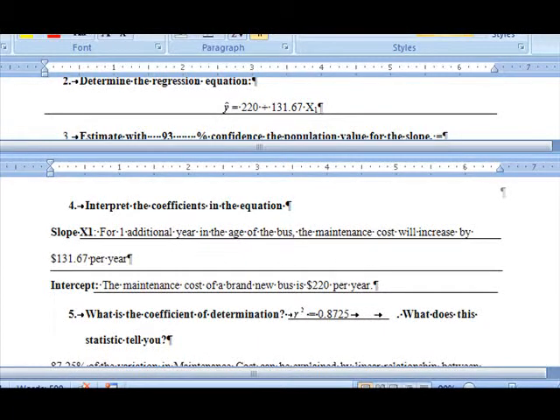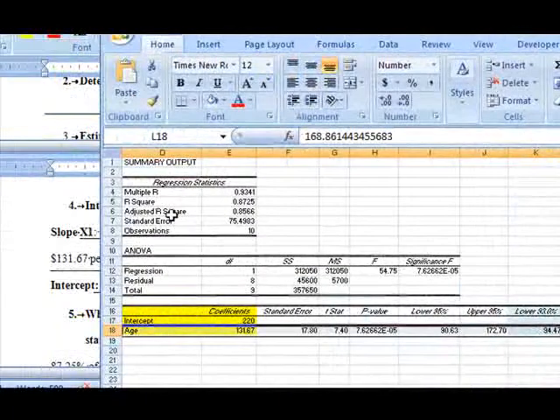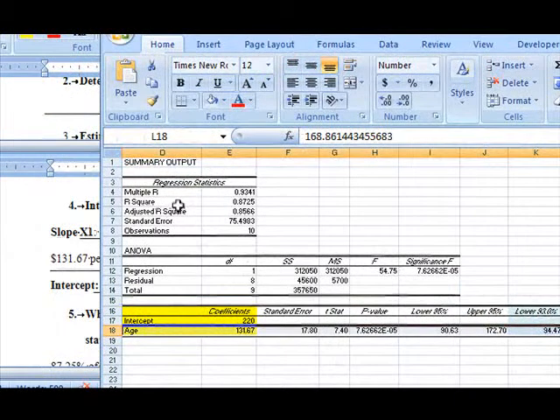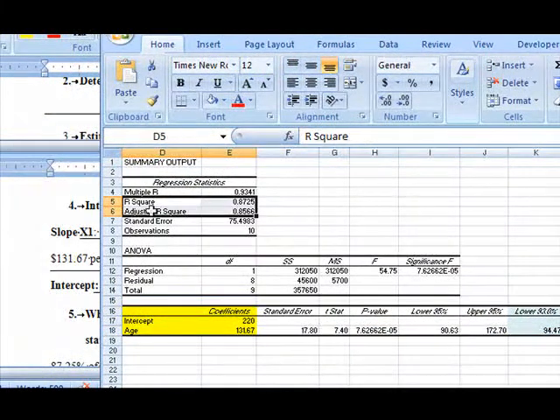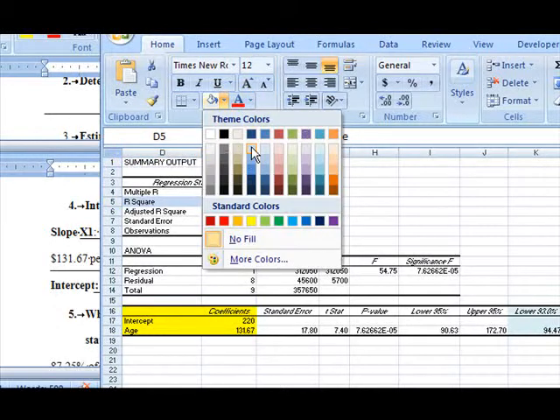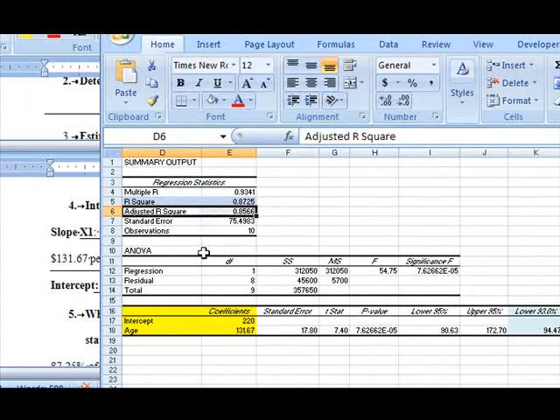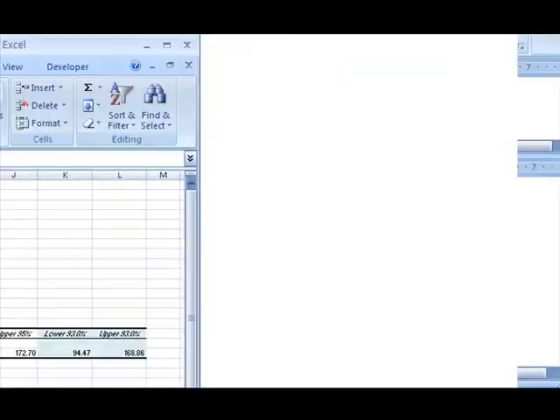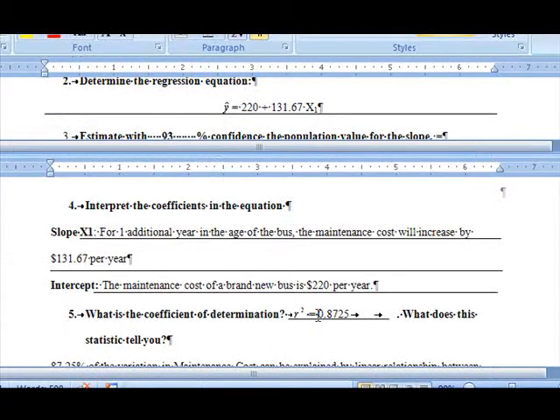Now it's asking for the coefficient of determination. And we know that the coefficient of determination is r squared. There are two r squares. Well, remember we are in simple regression. In simple regression, we just use the regular r squared. In multiple regression, you're going to use adjusted r squared. But let's keep the r squared to be 87.25%. So that is 0.8725, which means that